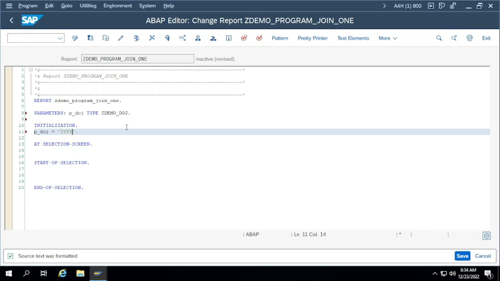Like this, 2022 06 12. This is SAP's internal date format. Don't forget this. I think someone told me the reverse, DD. What is the date? I'll pass 06 12 2022